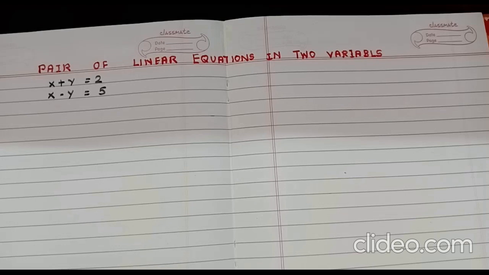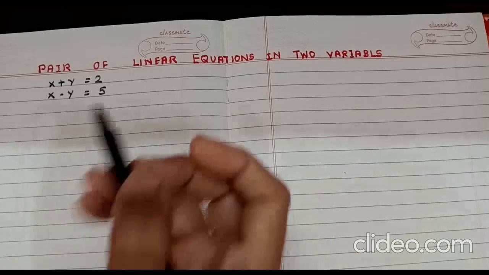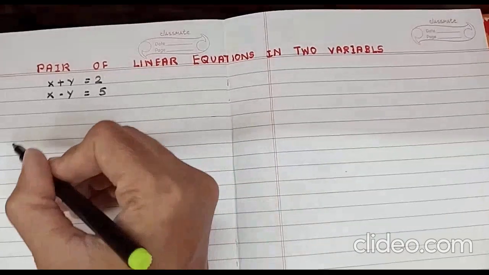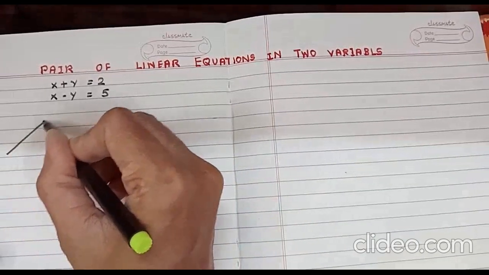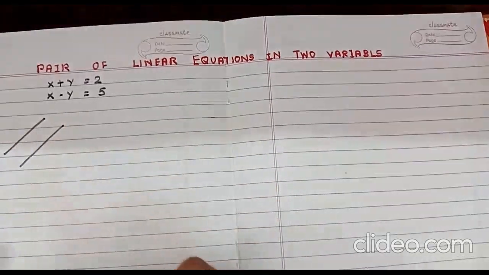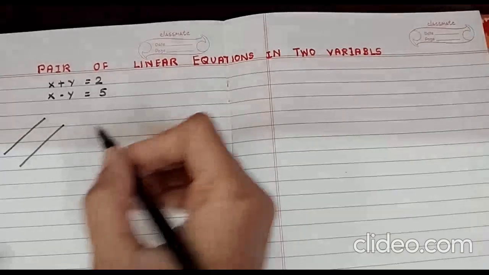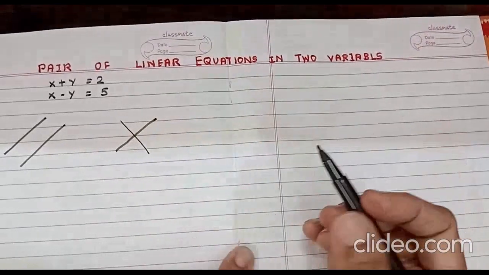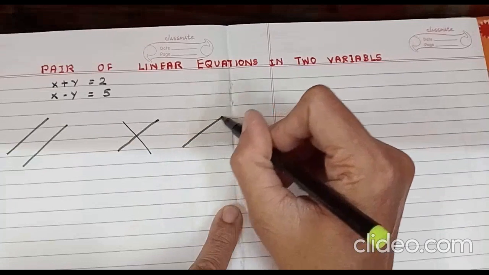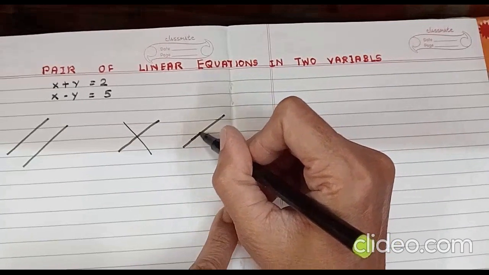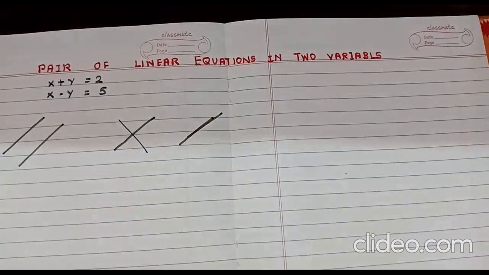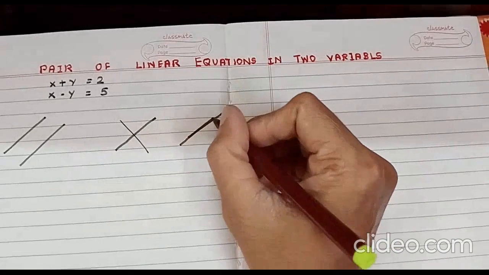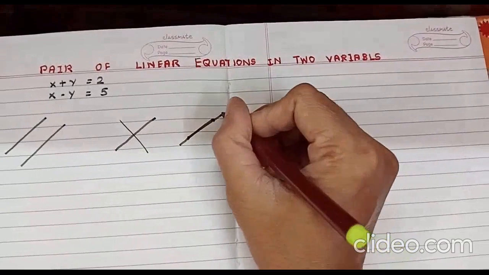हा प्रश्न पडला ना तुम्हाला. What is the solution? If you have two lines, then what will be the solution? Take an example. You have two lines, one like this, two pair of lines, another one, or another one. What can you say about this? These are the three different types of the lines.